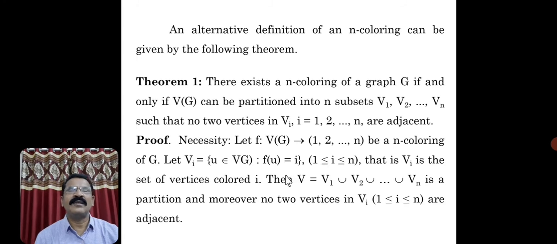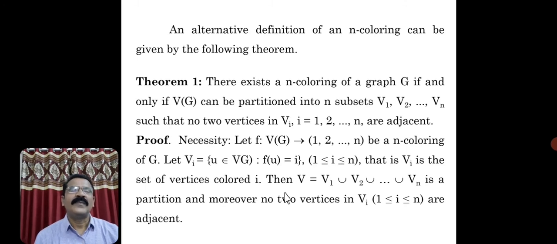It implies you are using for the vertex u the color i, where i is between 1 and n, or even equal to 1 or equal to n also. You can say 1 is less than or equal to i is less than or equal to n. That is, Vi is the set of vertices